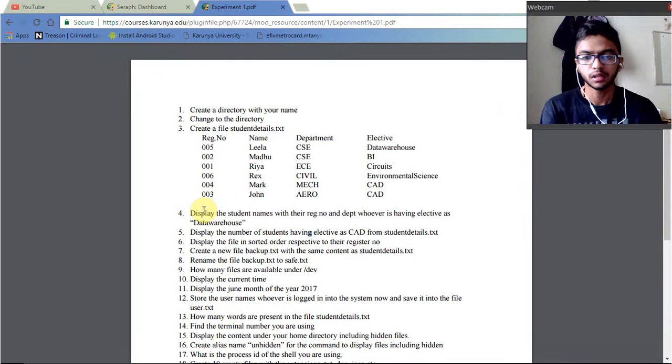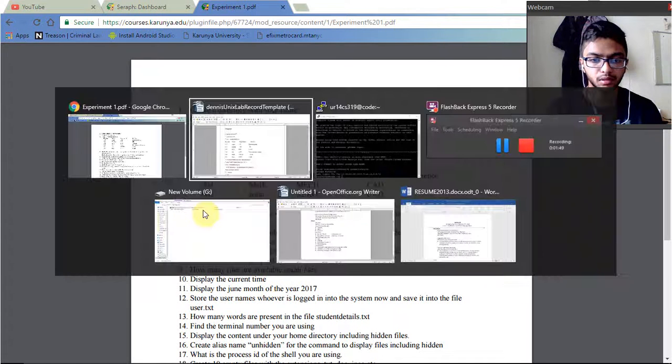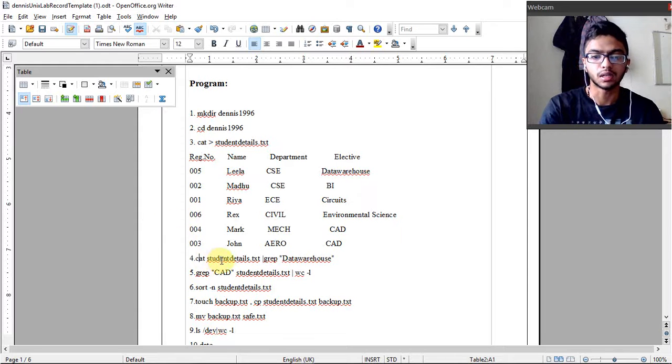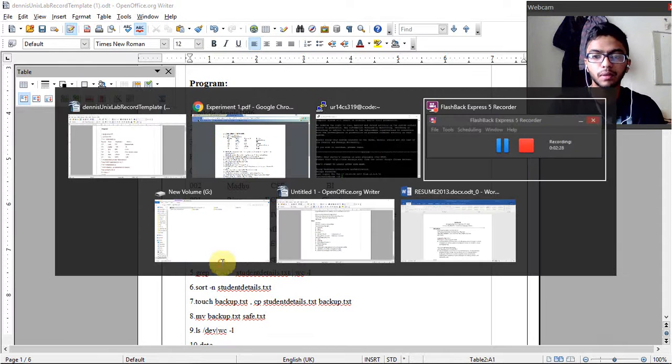Our next question is to display the student names with their register number and department, whoever has elective as data warehouse. So whoever has the keyword data warehouse, we display their register numbers and departments with their names. The command for that is a combination of commands. We first take the cat command, student details.txt, and the output from that command is taken as input into our second command through the pipe command. So the output from cat is taken into grep data warehouse, and what that basically does